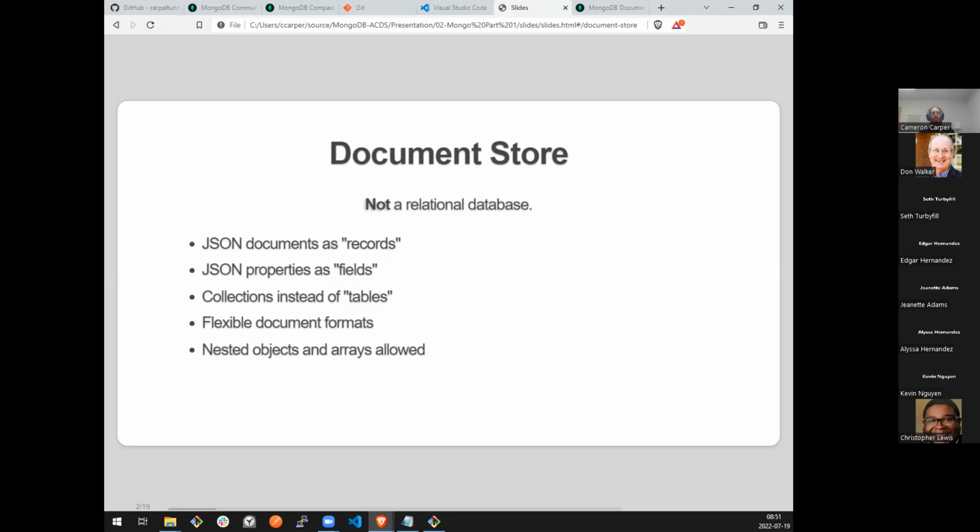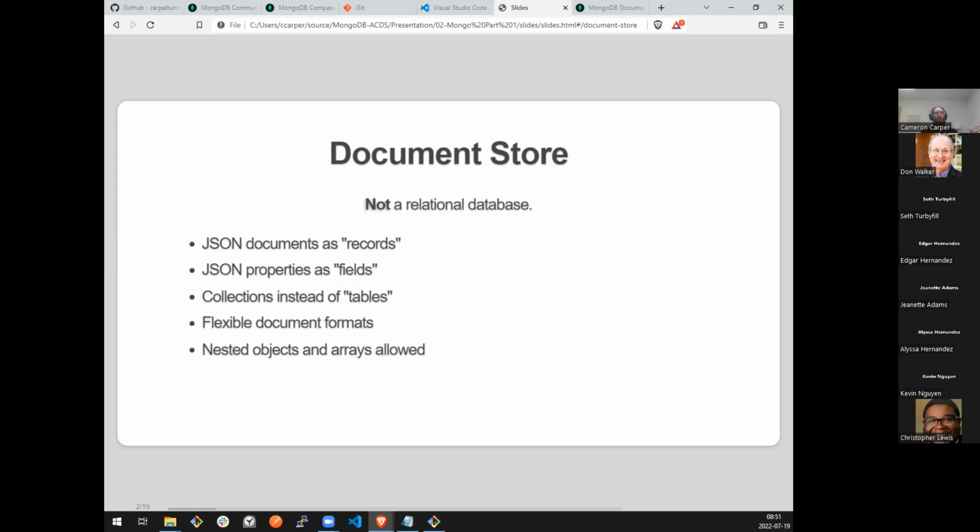Since this is JSON, which again we'll talk more about shortly, that means we can nest objects and arrays. If you've ever tried to deal with a field in a relational database where you need to store effectively a list of items, it's not very pleasant. We get that natively and easily with MongoDB and most document stores, because JSON can natively nest effectively infinitely, up to technical limitations. We'll see examples of how nice that is shortly, but just keep that in mind. It is a fundamental paradigm shift on how you treat your database compared to relational.